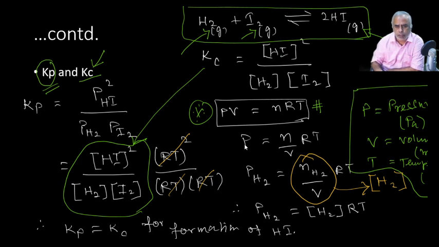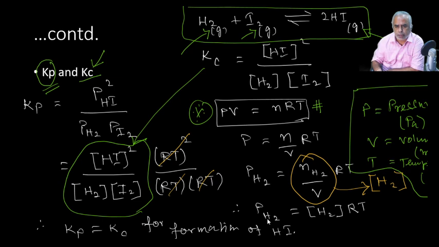Now we can rearrange this equation so that we get P is equal to n by V, we can bring this V to the denominator on the right side, then into RT. Now number of moles divided by volume, that is nothing but concentration, is it not? So if I want to interpret the partial pressure in terms of pH2, then it can be represented as nH2 divided by V, where this number of moles divided by V is nothing but the mole concentration, that is active mass of H2. So that we can comfortably replace this.